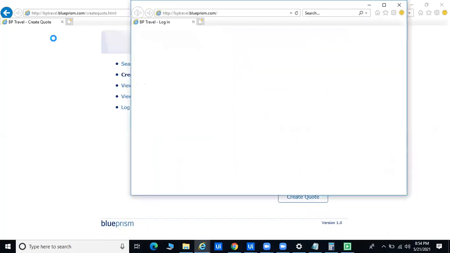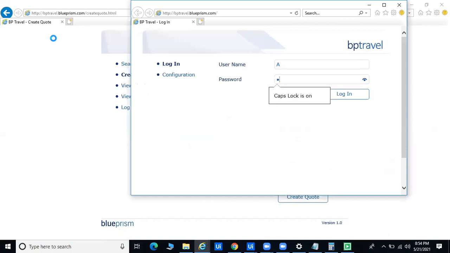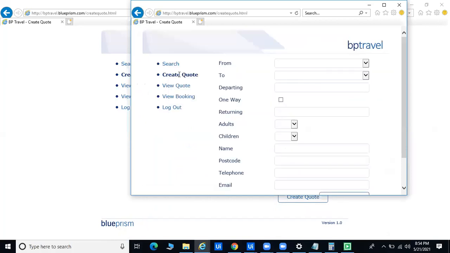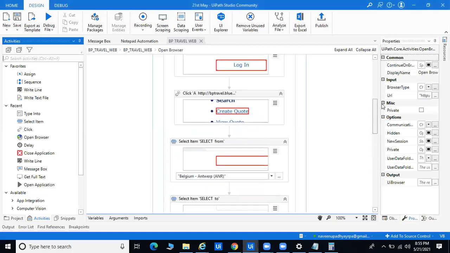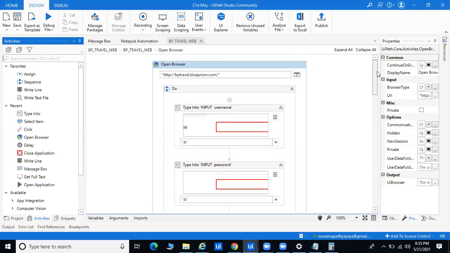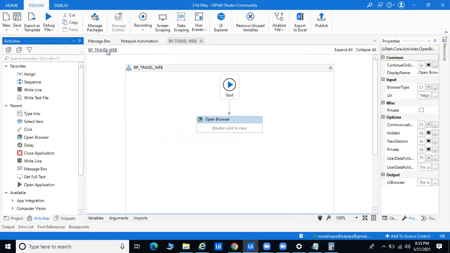So right now you can see here, we already launched your application, and here I have not used the maximize window. Okay, sorry for the problem. Okay, so whatever things till now we have done, this is called web-based application automation, and we have done multiple things here. Right now we have automated the drop down, we have automated the text box, and we have automated the login button. So each and everything is working right now. Okay, so this way we are able to work on your web-based application.